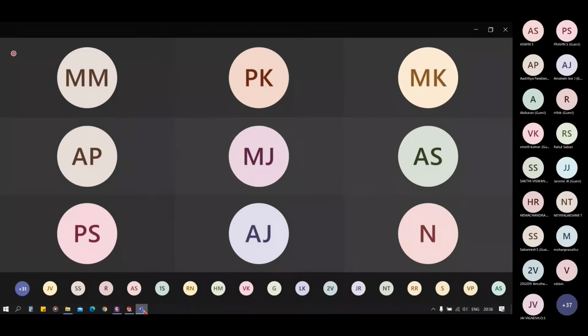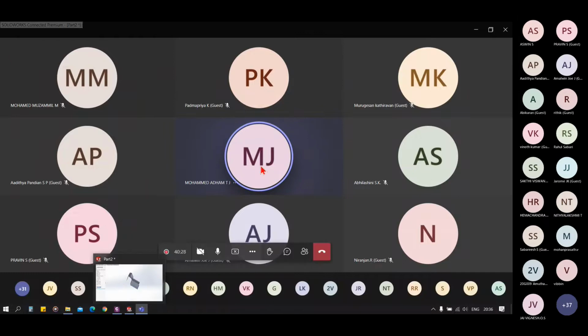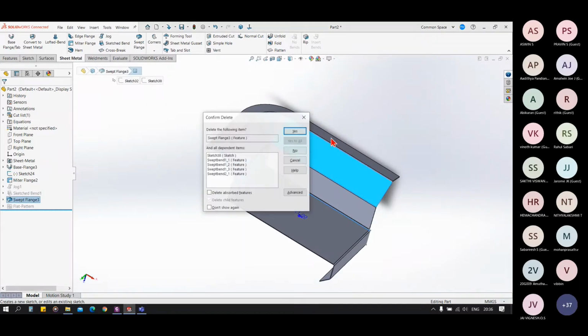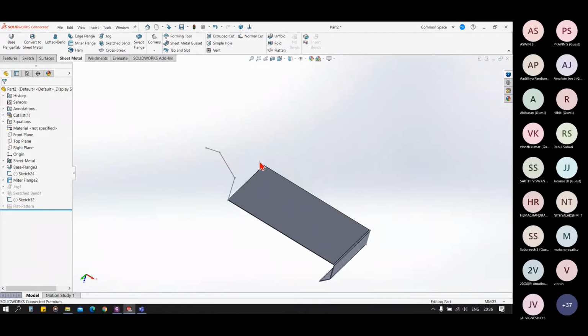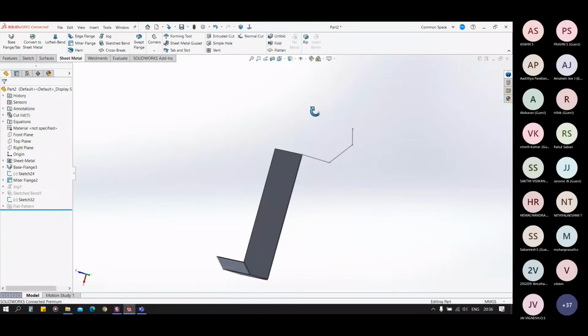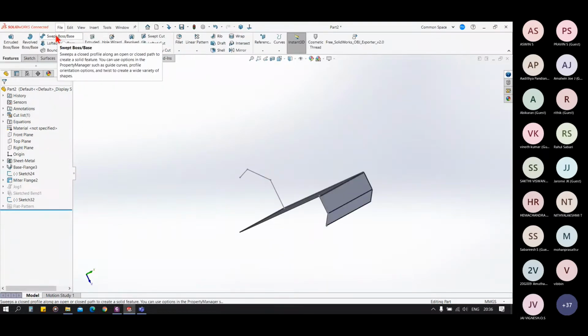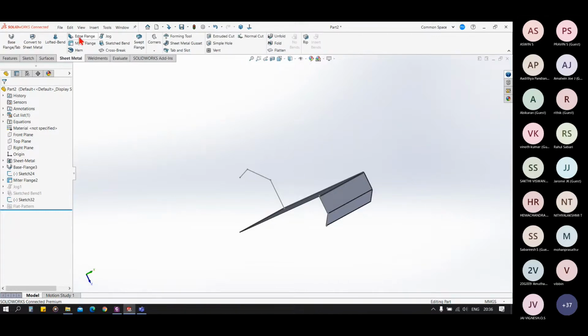Can you again explain that swept flange, sir? Yes, sure. So basically, swept flange is like the sweep boss base in 3D. In the sheet metal tab, we have this as swept flange.